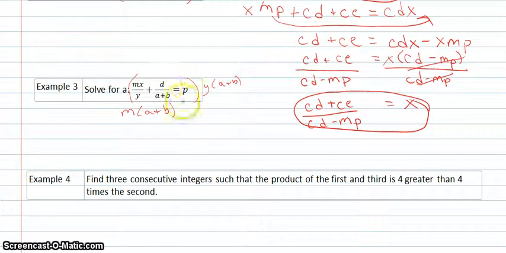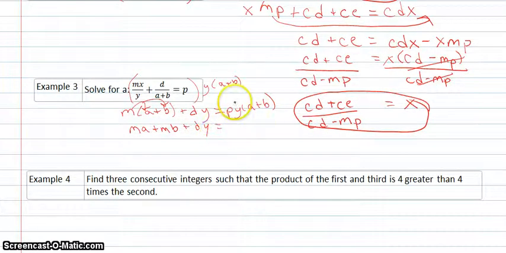And the d will be multiplied by the y because the a plus b would cancel. And the p will be multiplied by the y and the a plus b. Okay, so I'll need to use the distributive property here. So I'll have ma plus mb plus by equals, and then I'll distribute that py across,